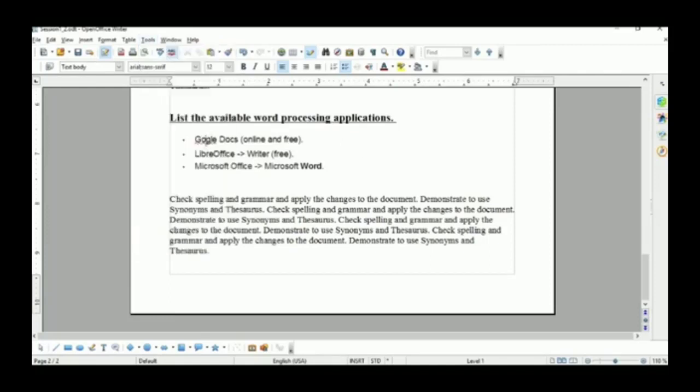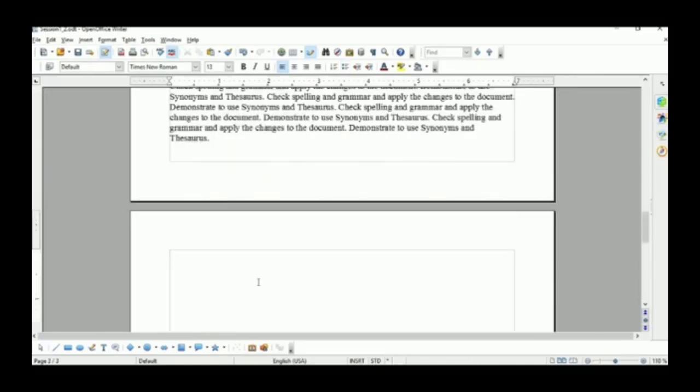Now sometimes one thing happens, like you want to type your name, like your name is Ramesh, R-A-M-E-S-H, Ramesh, and press enter key. The spelling of Ramesh is correct, but it is showing an error. Why is it showing an error? Because this word is not present in the Writer's dictionary. What do I do? We can resolve this error by right clicking on this word, then there is the option add.